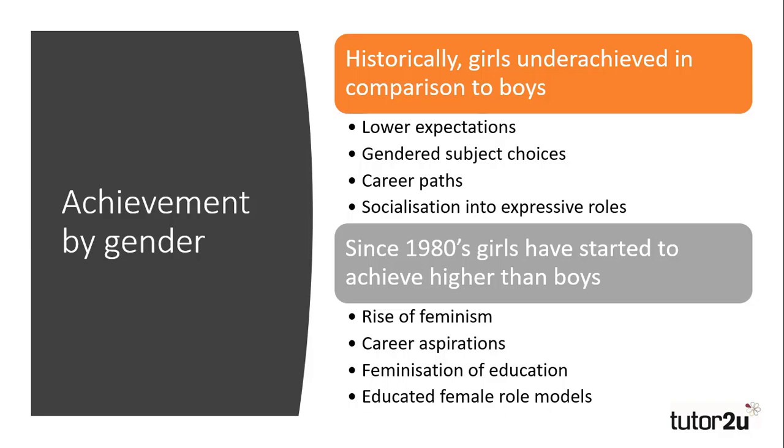However, since the mid to late 1980s, girls' achievement has overtaken boys, so much so that boys' educational achievement is seen as being an issue in the 21st century. The impact of second wave feminism moving from one generation to the next has increased career aspirations, again highlighted by Sharp's follow-up in the 1990s. The increased number of females involved in education and educated female role models in society all illustrate the changes over the past 40 years that have come about as a result of changing attitudes, mostly due to the feminist movement.